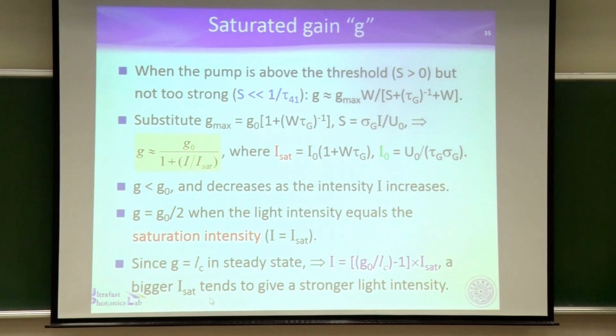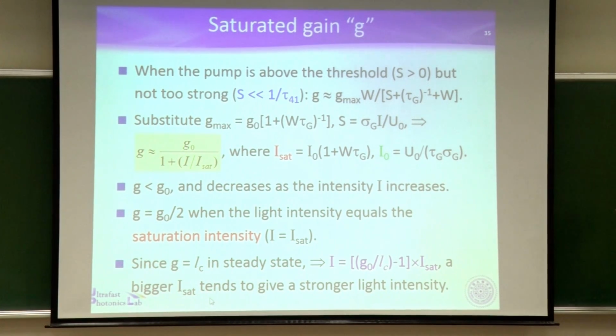So this formula is interesting because whenever your small signal gain coefficient, the G0, is smaller than the cavity loss, you will have a number less than 1, right? Then minus 1 will give you a negative number, which is impossible because light intensity must be